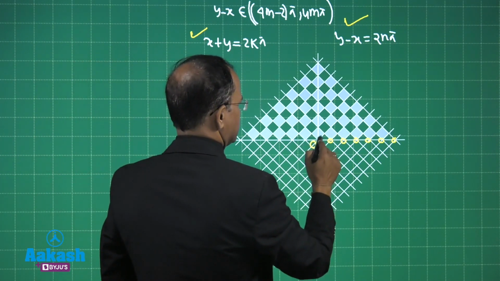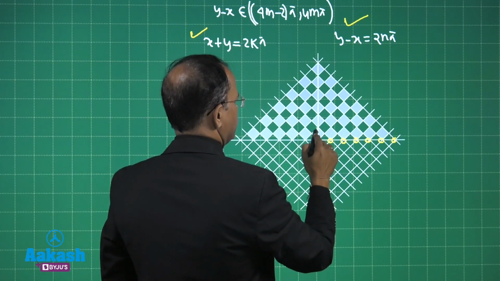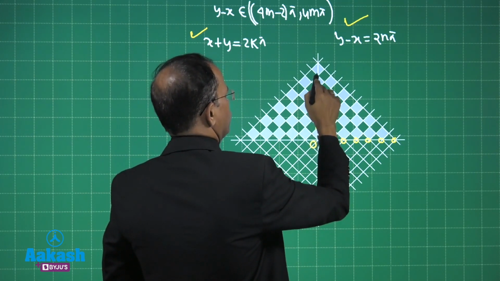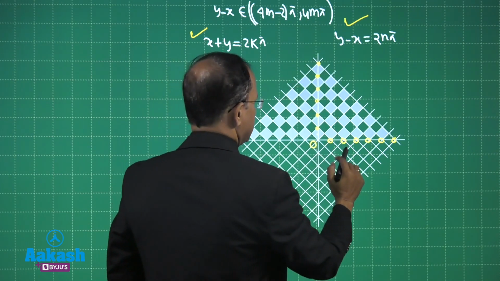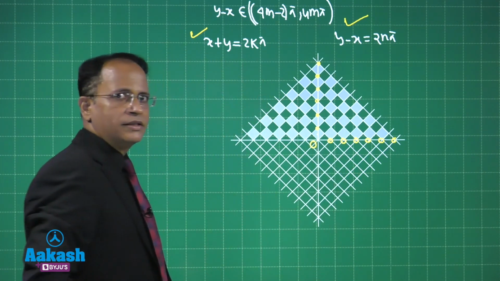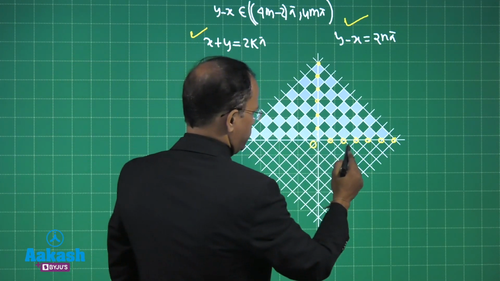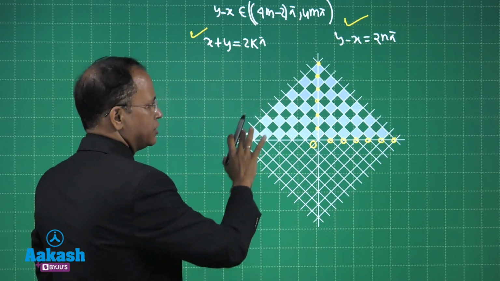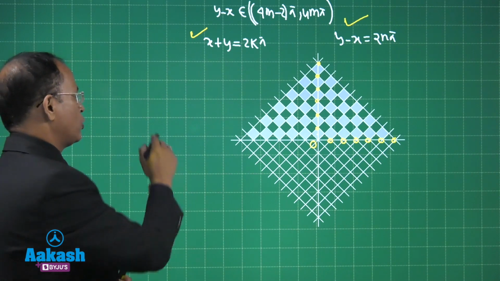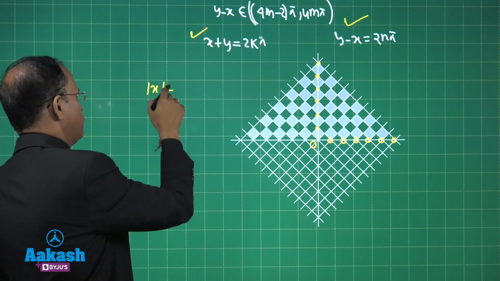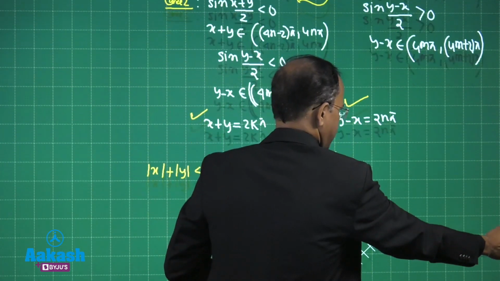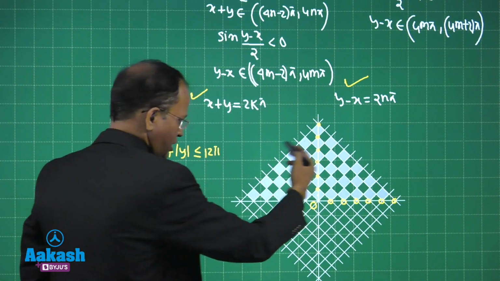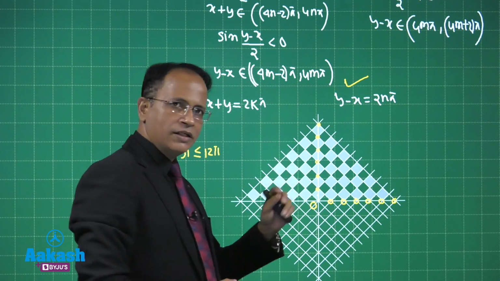Then again we have the same thing. We have 1, say 2, 3, right, 4, 5, 6. So that means 2 pi, because we have a multiple of 2 pi in this case. So we have 2 pi, 4 pi, 6 pi, 8 pi, 10 pi, 12 pi. So from here we can see, I think the diagram is clear now. We have been also given that mod of x plus mod of y is less than equal to 12 pi, right? So that means this is what has been given. So I think clearly from the figure, the shading part is clear to you.